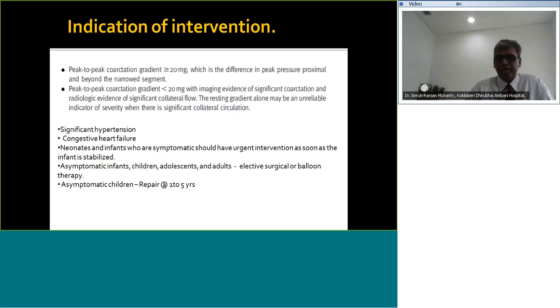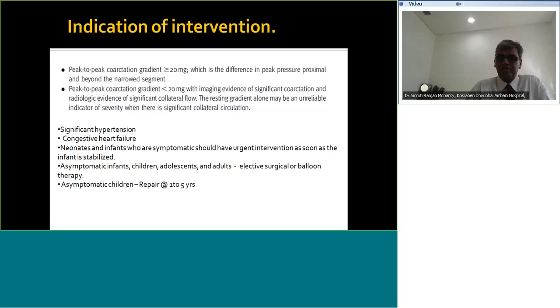Now, I'm sure Dr. Nageswara would have covered a lot about diagnosis and ways to stabilize the children. I just want to re-emphasize this. It's important for you to know when one intervenes in coarctation, either by intervention or by surgery. So it's important to establish a peak-to-peak coarctation gradient of more than 20 millimeters of mercury, and this is the difference in